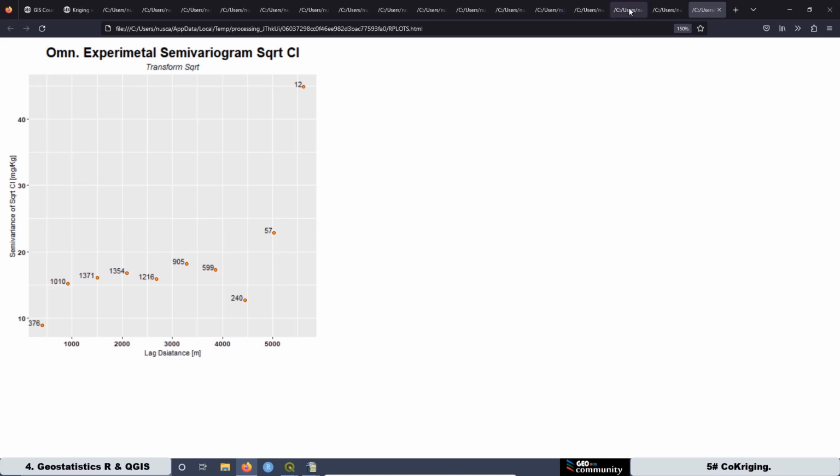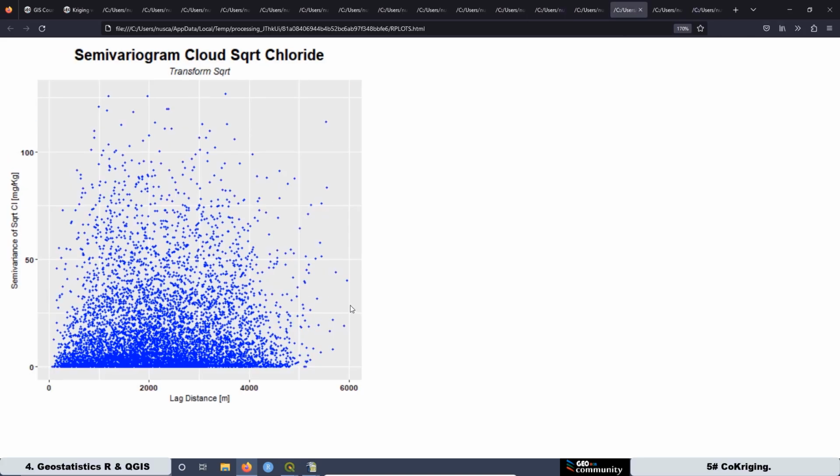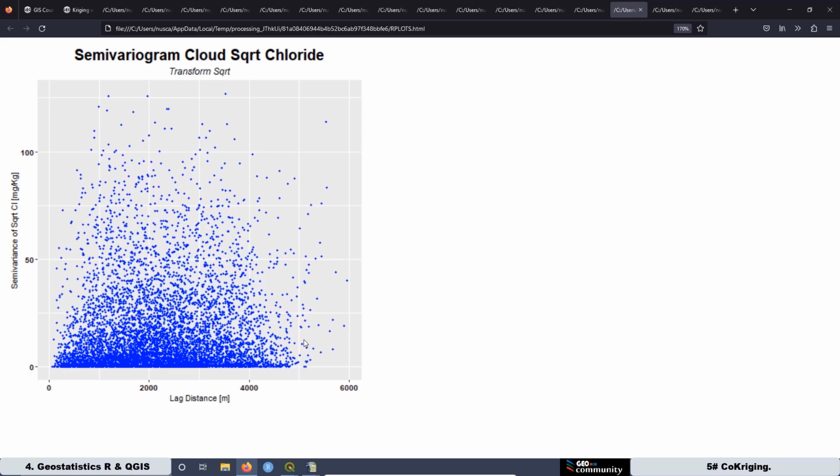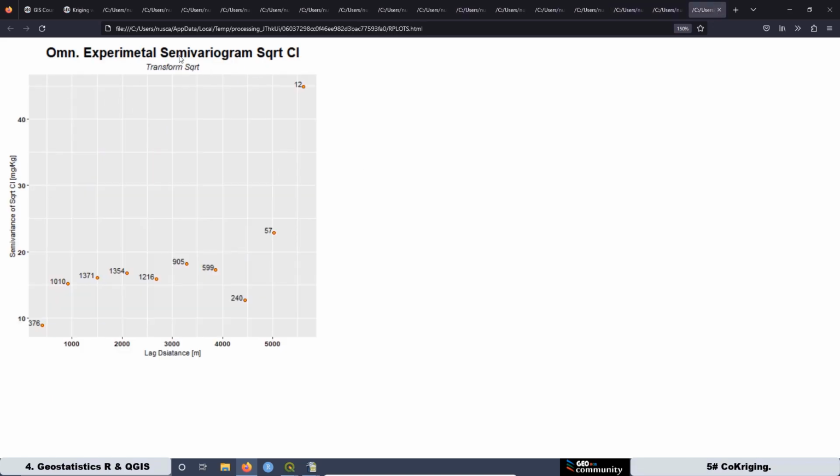When we have created the Semivariogram cloud, in this case, it would be this sample here, which would be the pair of points that consists of samples 163 and 228. So we can use the distance matrix to select the cutoff for both the Semivariogram cloud and to create the experimental omnidirectional Semivariogram. We want to create the experimental Semivariogram with the entire extent to see if there is any